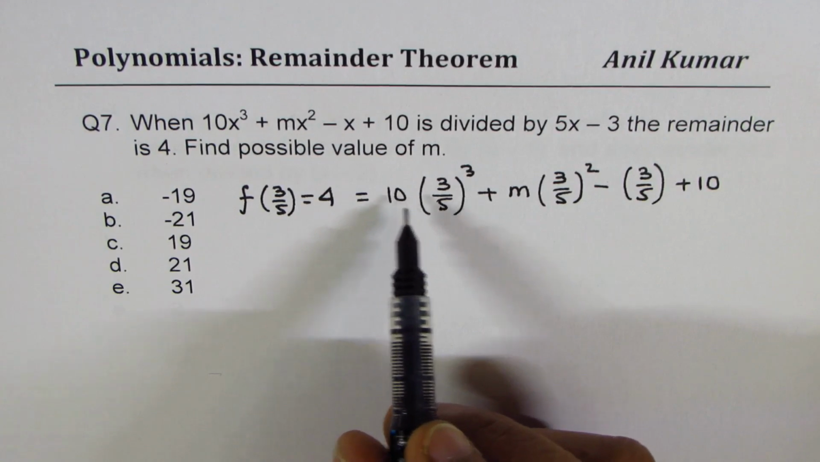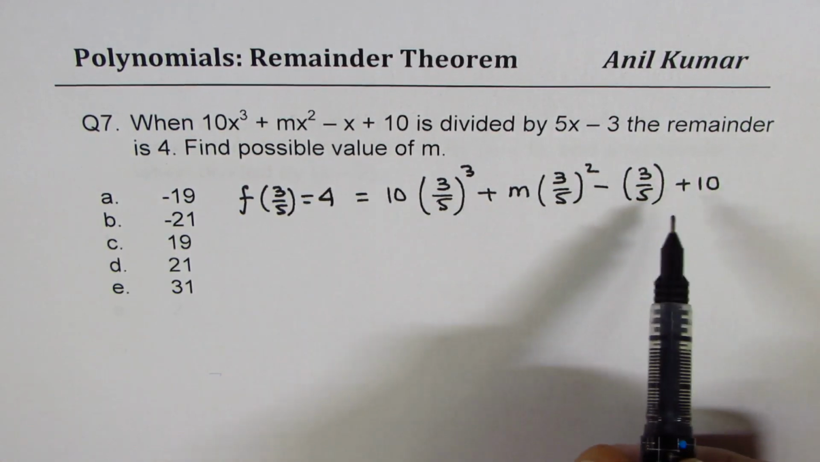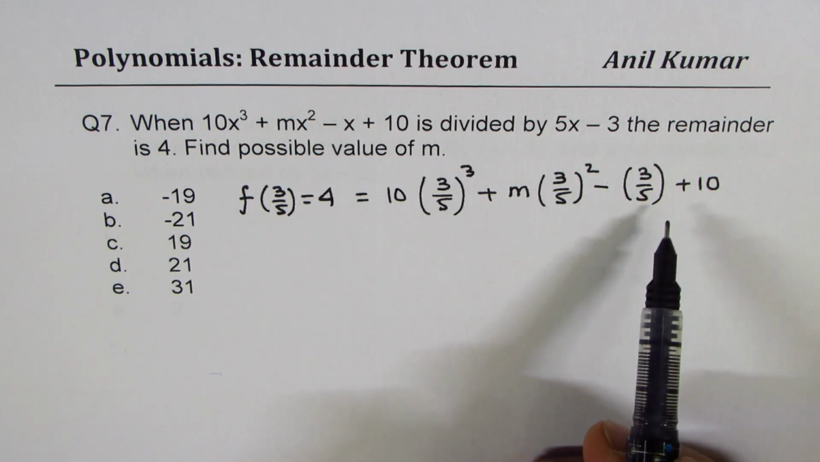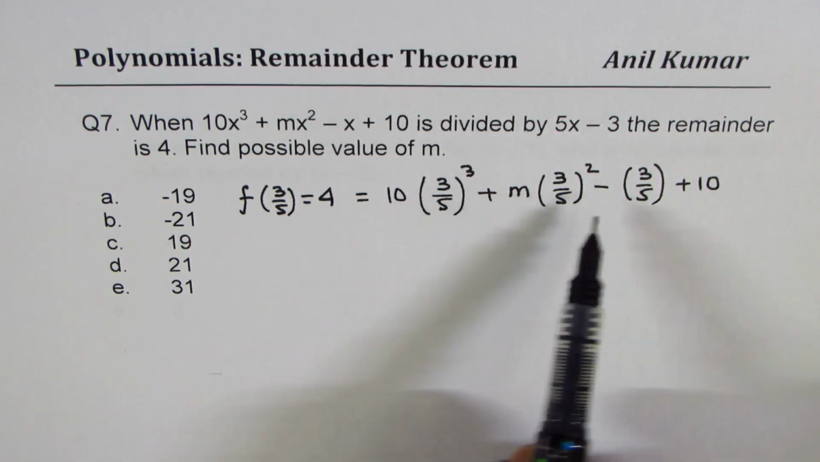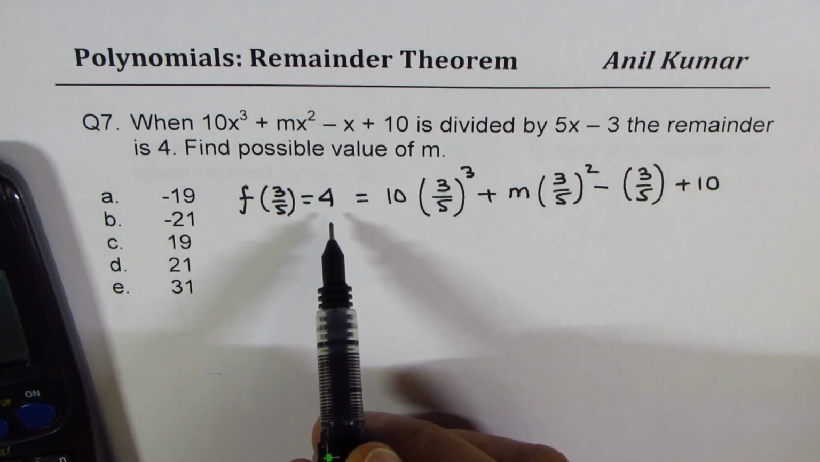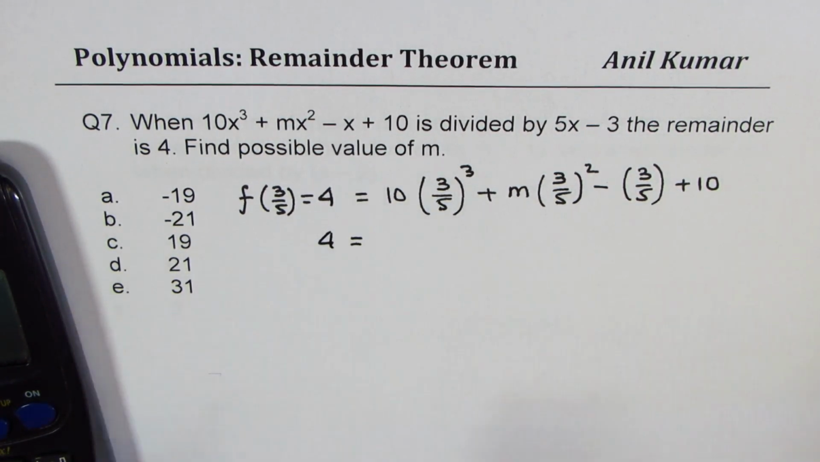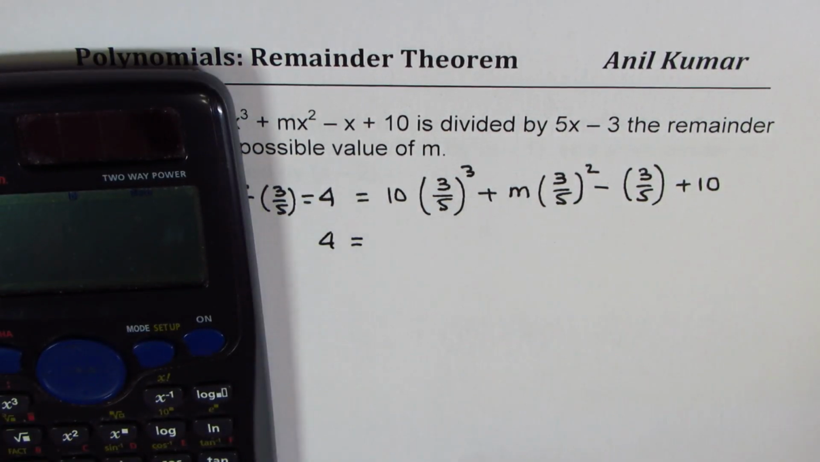Now, you could actually use a calculator and do it. It could be done without a calculator also. What I will do at present is I will actually add all these quantities using a calculator. But I'll prefer you doing it without a calculator. Okay. So we have 4 equals 2. So let's do 10 times